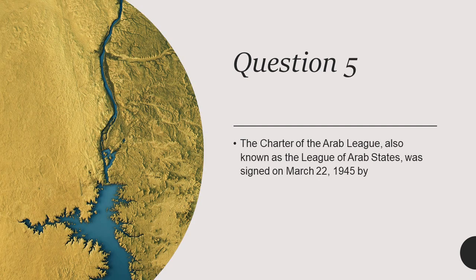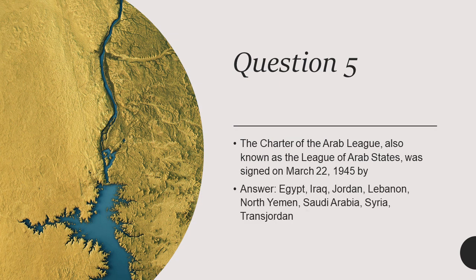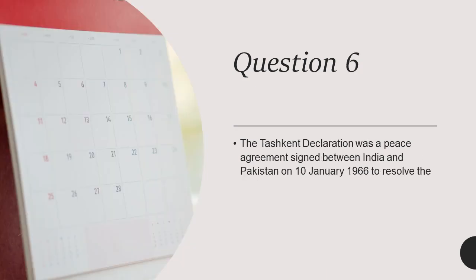The Charter of the Arab League, also known as the League of Arab States, was signed on March 22, 1945 by Egypt, Iraq, Jordan, Lebanon, North Yemen, Saudi Arabia, Syria, and Transjordan. The Tashkent Declaration was a peace agreement signed between India and Pakistan on 10th January 1966 to resolve the Indo-Pakistan